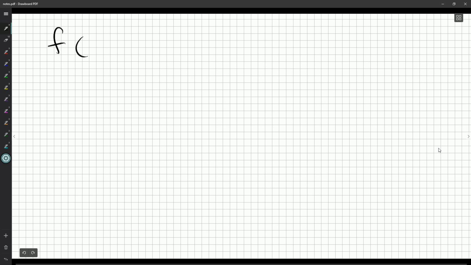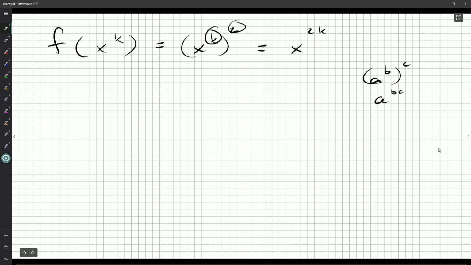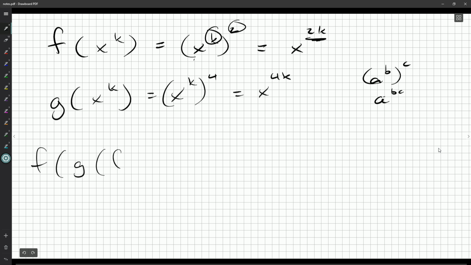Now, we can note more generally, if I plug in any x to the k to f, what does f do? It just squares. Okay? But what we get, because the 2 sort of multiplies in with the k, because exponents to another exponent turn into multiplication, assuming you bracket it that way. So f really just sort of doubles the exponent here, and we are focused on that exponent n. So f doubles the exponent, and g quadruples it by the same sort of reasoning. Okay? So if we do f and g,